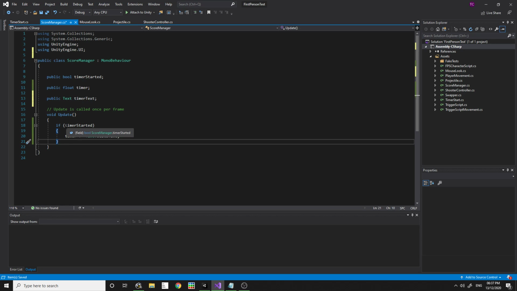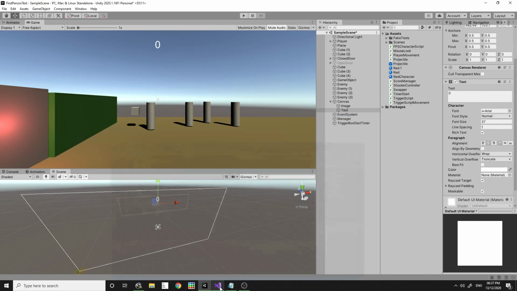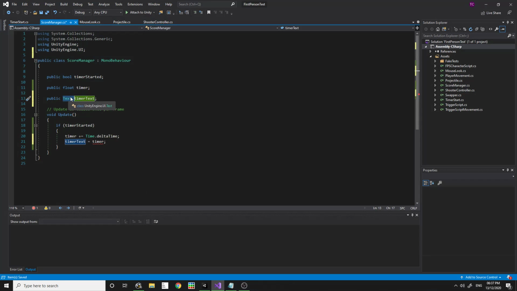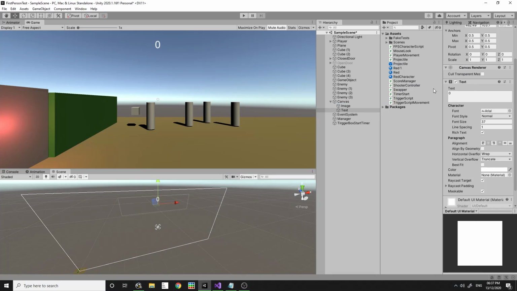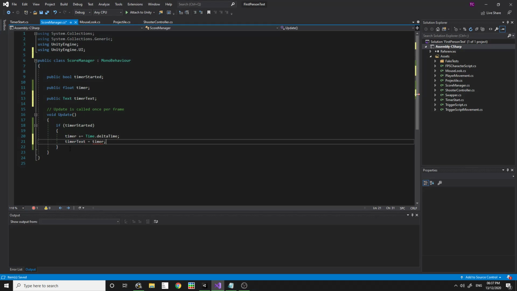So every frame that we have our timer moving, we're going to want to update our text to the new value timer. Now, the text class actually refers to this entire text component. Here it says text. And confusingly, it has a variable called text, which contains the actual string to be displayed, in this case a 0, that we then need to change. Which means that, confusingly, we actually want to do timer text.text